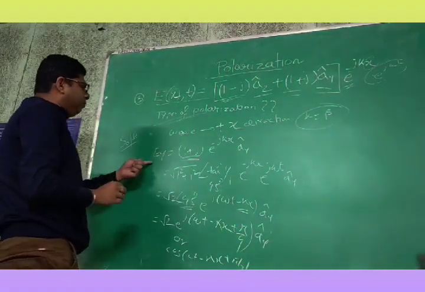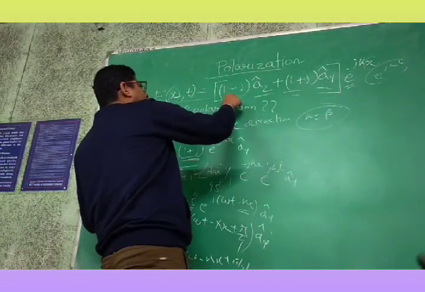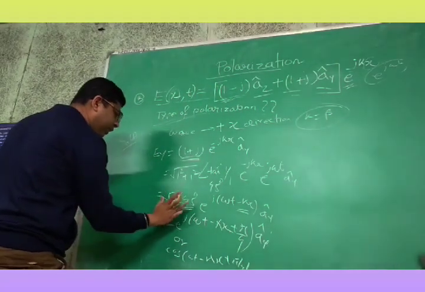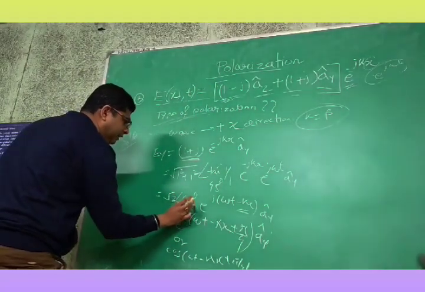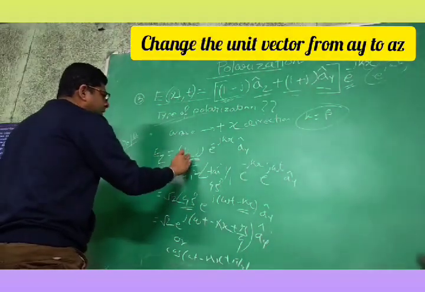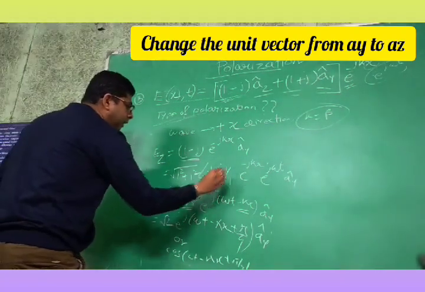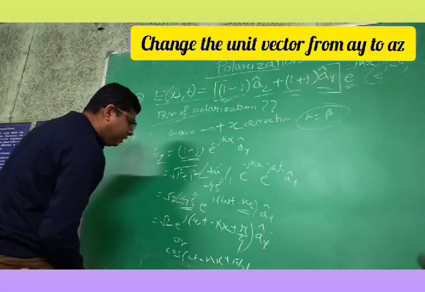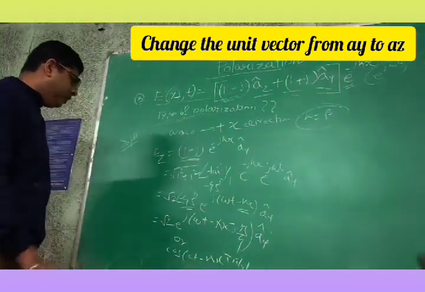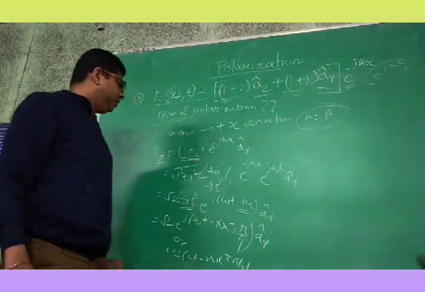So this is our y component. Similarly, you can write the z component. The only difference is a minus. The magnitude part will remain the same; there will only be a minus here. So for the z component, this will be minus. Okay, so this is the z component and this is the y component.